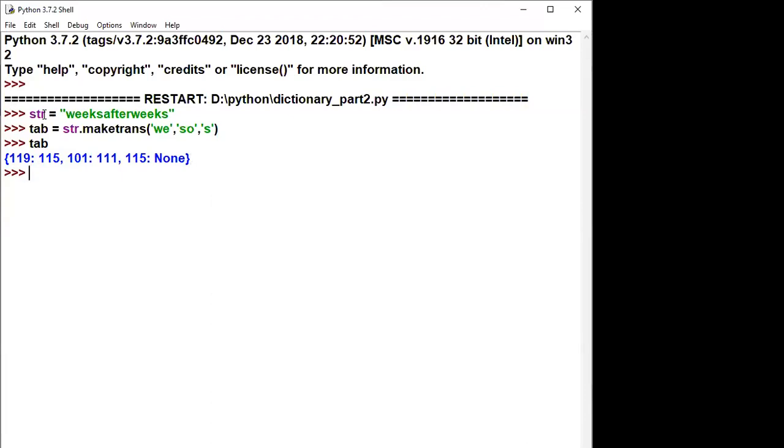So till now, we have taken a string, and on that string we have applied a method called maketrans. We know that this method returns a table, and we have displayed that table. Now we are going to apply the translate method on this: str.translate.